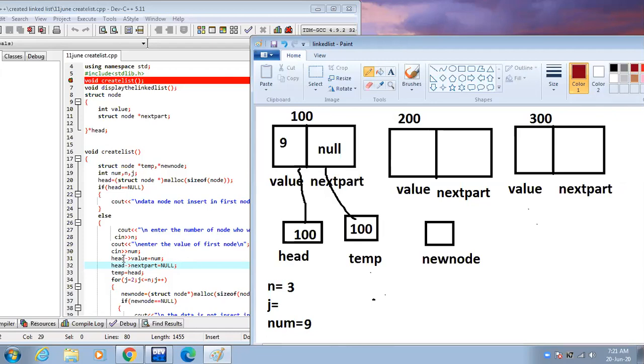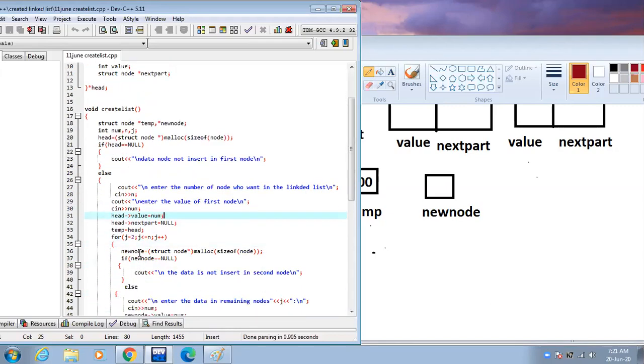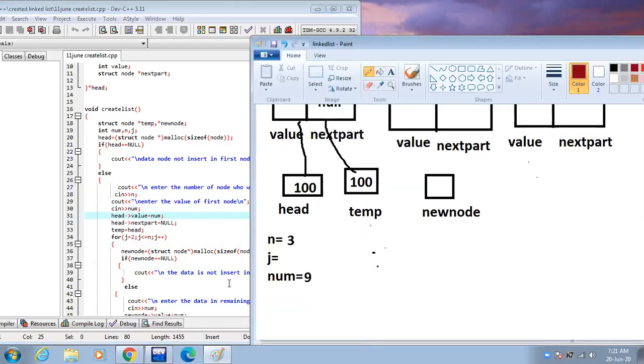Enter the number of nodes you want in the linked list. The value of j is 2. For, we start the for loop. The value of j is 2.